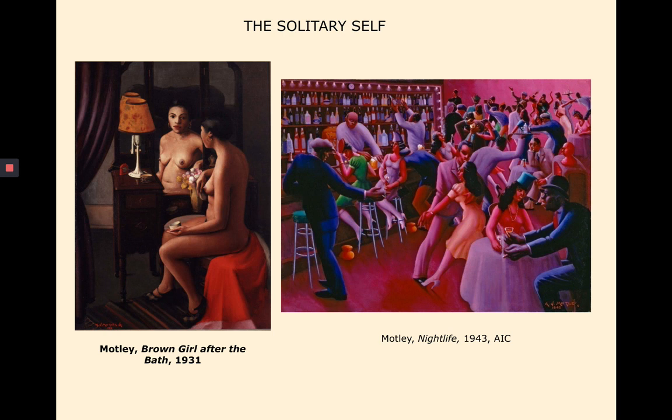paintings of the everyday life of the African American community, primarily in Chicago. So this work in the Art Institute of Chicago, Nightlife, is a great example that shows a more modernist side of the artist's style in terms of the exaggerated, electric color, the streamlining and treatment of form in a more modernist way, a simplified, streamlined approach to depicting the figures with emphasis on